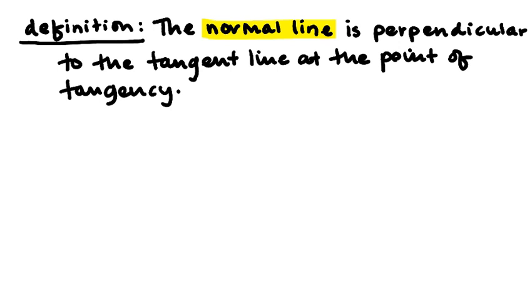The normal line is perpendicular to the tangent line at the point of tangency. So you've got your curve, you've got your tangent line that lies right up against it, and you've got a normal line that sits perpendicular to that. And physicists will know that normal components of things, normal forces, these are somewhat important sometimes. All right, so for example,